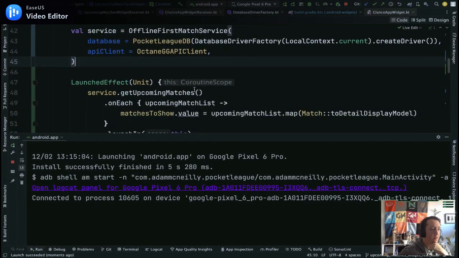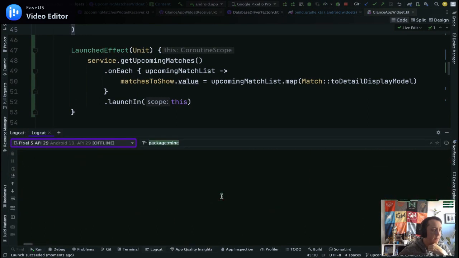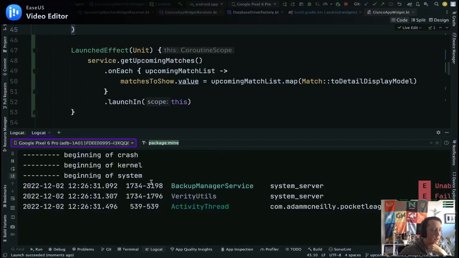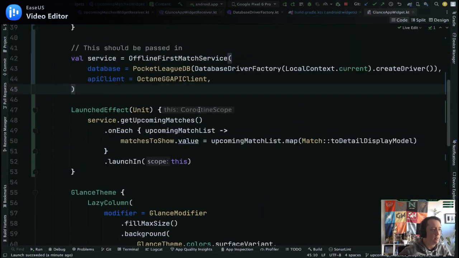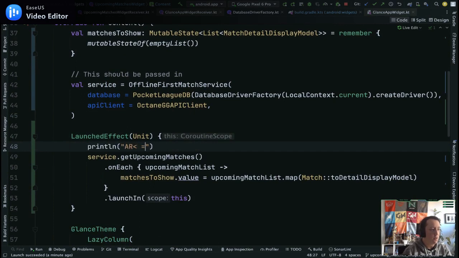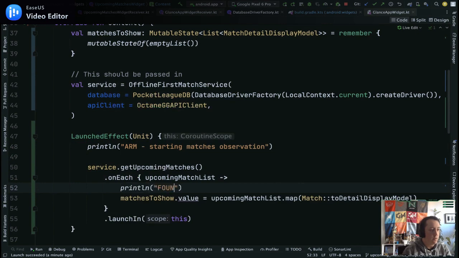Okay, and we are perpetually loading data. So, did this ever actually do anything? That is the question. I don't know how to check that. Let's do this. Let's see. And then we'll do